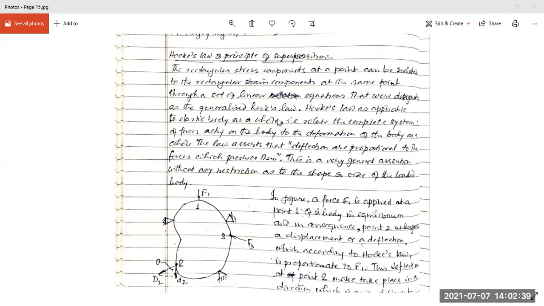So what we are saying in Hooke's law is a very old and much discussed matter. Stress is proportional to strain. Strain or stress is proportional to displacement, which is caused by these forces. And when the body is in an elastic state, if the force is removed, the body will flow back to the original shape itself. It is a very general equation, but it doesn't take into account the particular shape and size of the loaded body.